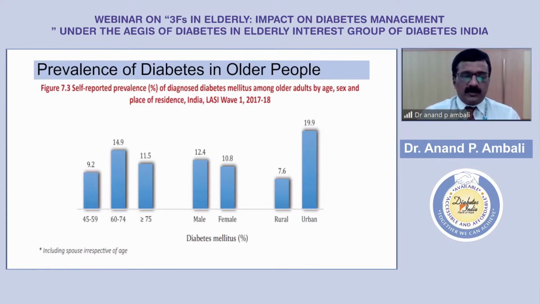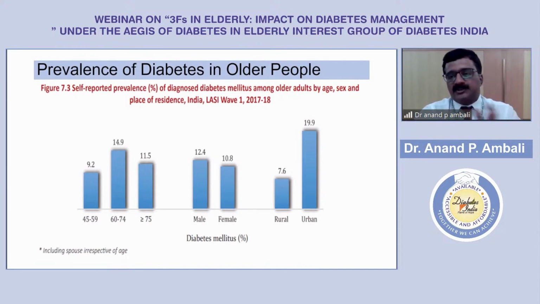So, what is important here is the self-reported diagnosis of diabetes among the older people: between 60 to 74 it is 14.9, and more than 75 it is 11. So almost 26% of the older people among the study group have diabetes, and most of them are in the urban areas. Now we cannot ignore the 45 to 59 group at 9 to 9.2%, because shortly they will